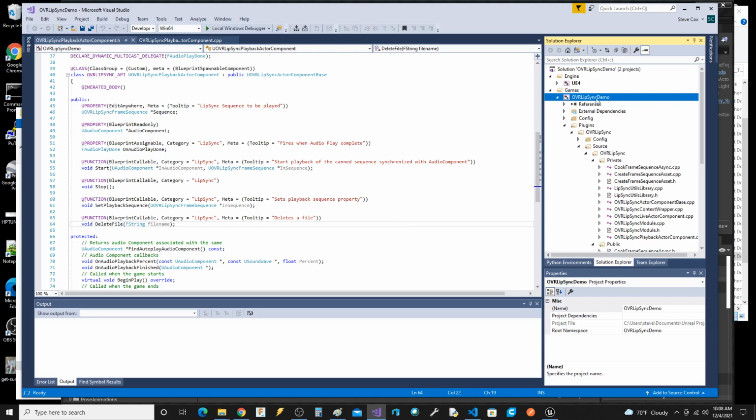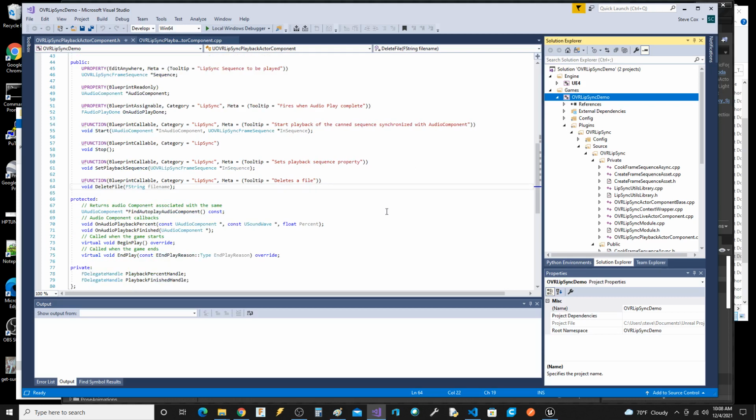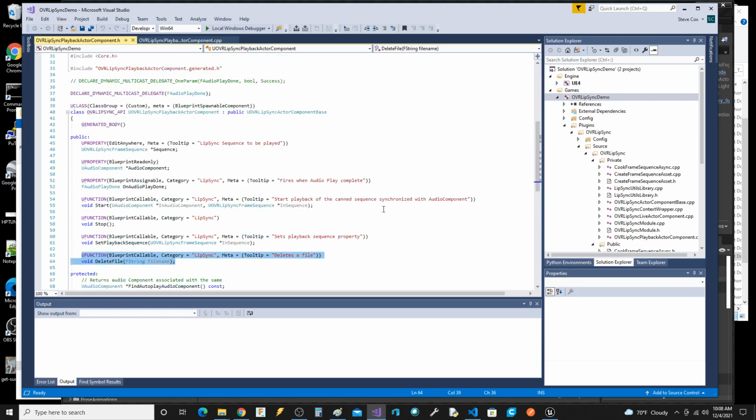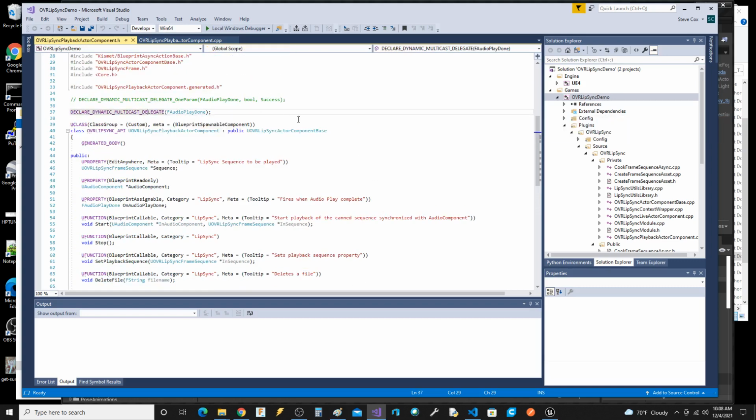So right now, this is 4.27. But if you know a little bit about C++, like I do, then you can modify things. One thing I did on this sync playback component is add an event saying the audio's done.